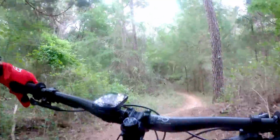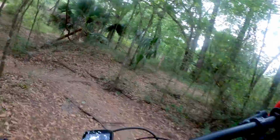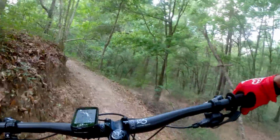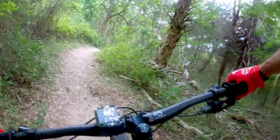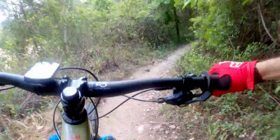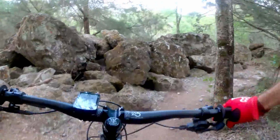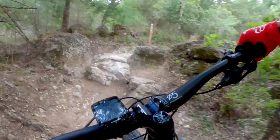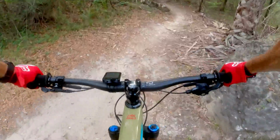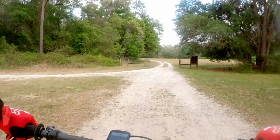I have to remind myself on this bike not to throw the bars into a corner quite as hard because it turns so easy. Still gotta be careful on these leaves. Wow,